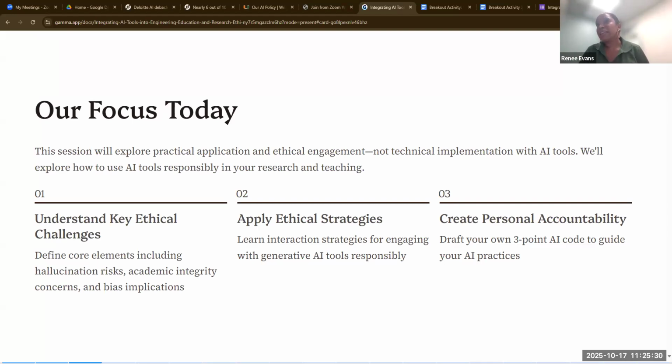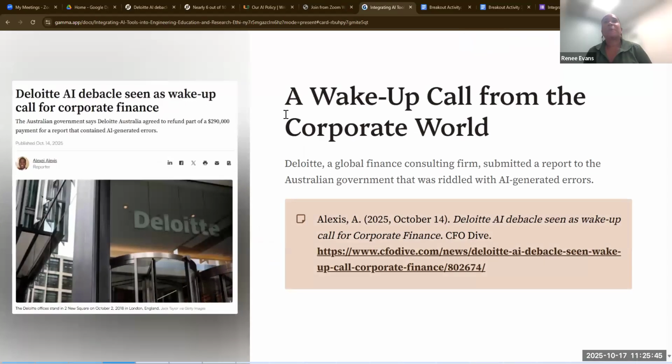And then finally, create a personal accountability code, right? Where you'll draft your own 3-point AI accountability code to guide your own AI practices as you do your research, as you pursue your education.